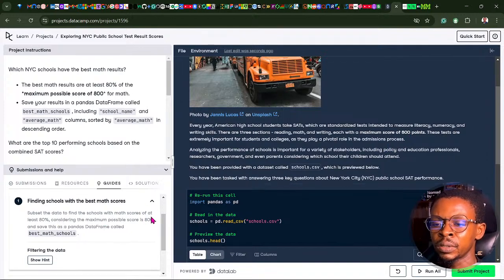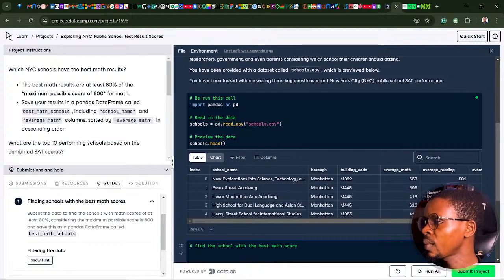So to qualify or to pass the test, you have to get 80% of 800. That means 80% is almost 600, above 600. So we need to look at math scores that are at least 80% and above. Get it now? Probably that is 600 and above. If you take 80% of 800, that is 600 above. So 20% is 160, then 800. Just a little calculation there, real quick. So to do that, I'm just going to